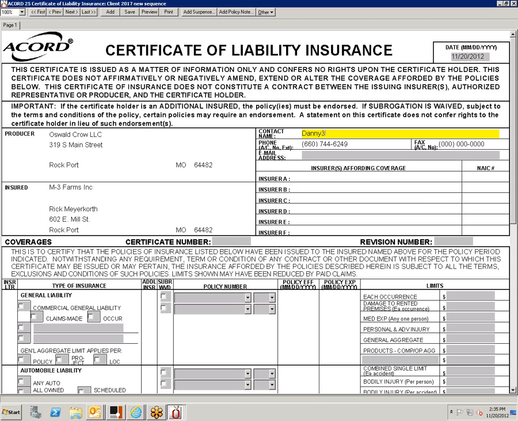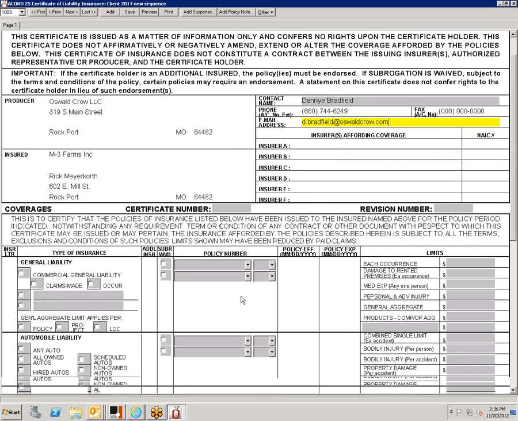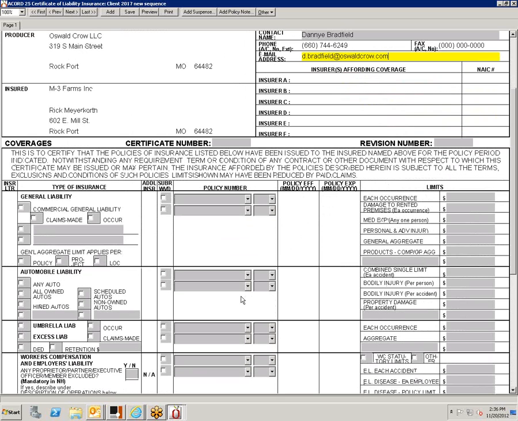And, of course, the phone number and fax number would come over with the department code. Then you would go down to the middle of the page and you would choose the policy that corresponds to the general liability, the auto, or whatever. So if it's general liability, you would just fill in all that stuff.